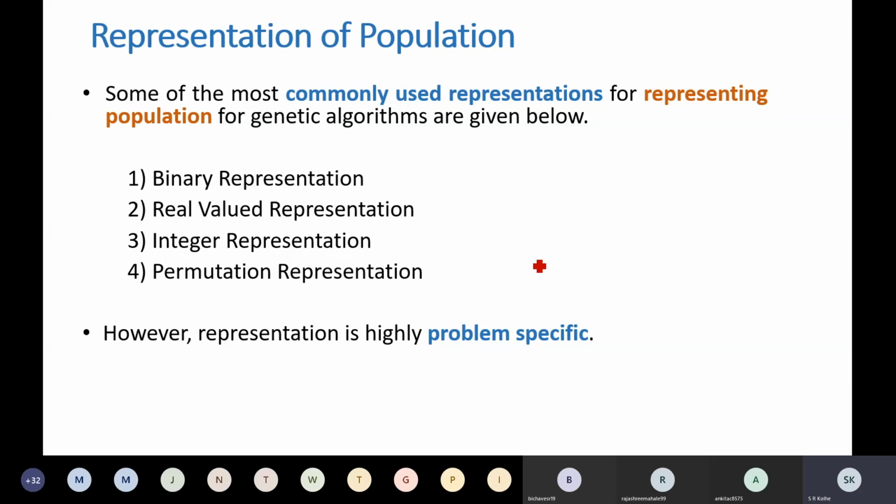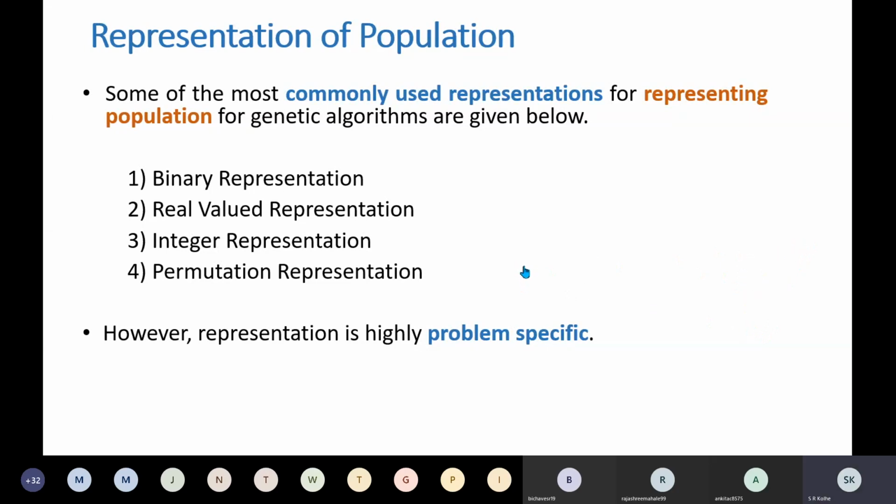Okay. For example, let us recall the case of traveling salesman problem. In traveling salesman problem, you have represented a solution as a character string, where each character represents the city that you are visiting.